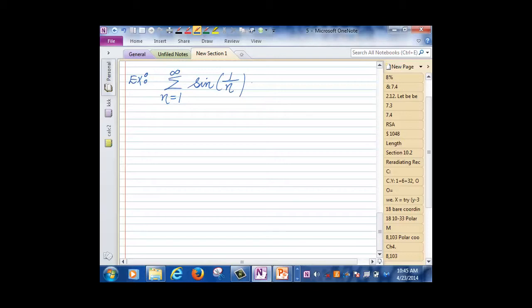I did an example with sine of 1 over n. Was it in this class or the other class? I think you guys asked me a couple of homework questions yesterday, right? And I think in one of the homework questions, we had to find the limit of n times sine of 1 over n, and we wrote it as sine of 1 over n divided by 1 over n. I'm pretty sure I did it in this class, maybe in the other class, but okay. All right, so